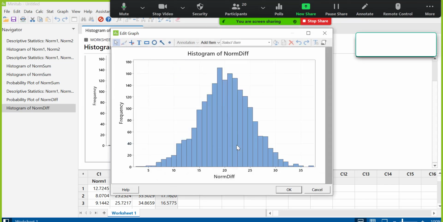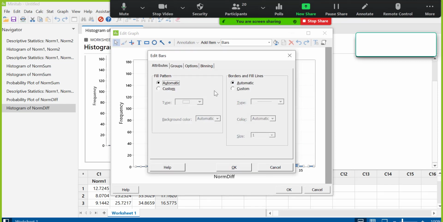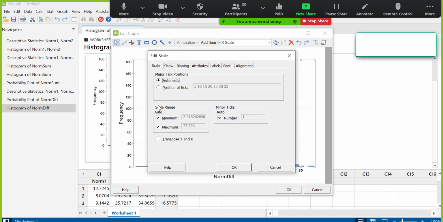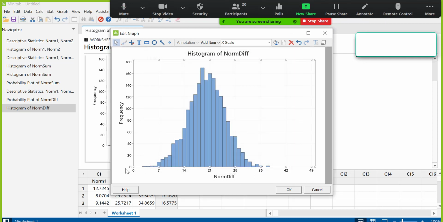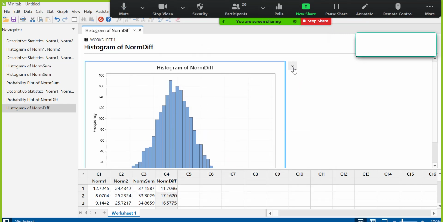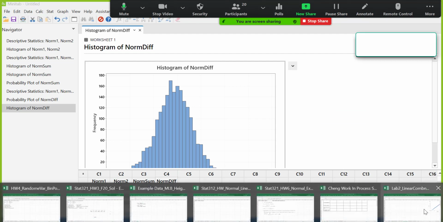So the whole purpose, I need to compare. So I like to have the histogram, the x-axis, the scale goes from 0 to 50 for all three histograms. So I can compare. Okay, this is also from 0 to 50. So I can click OK, 0 to 50. And then I can copy this one and back to,